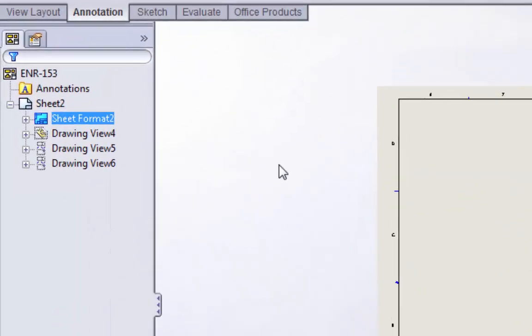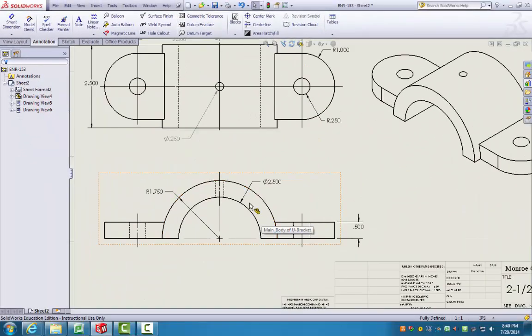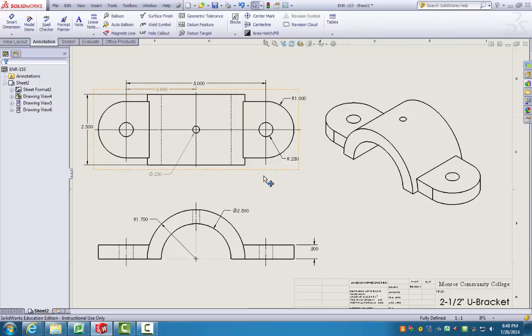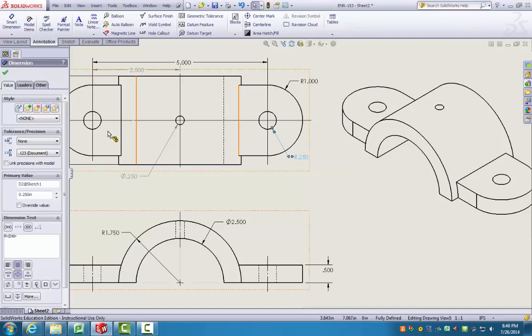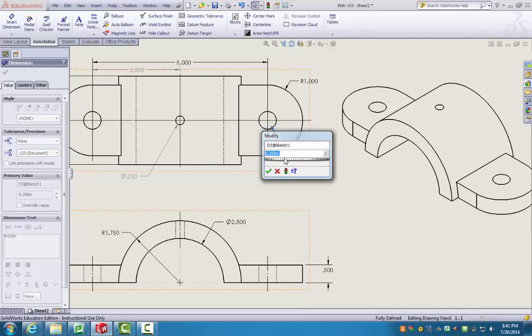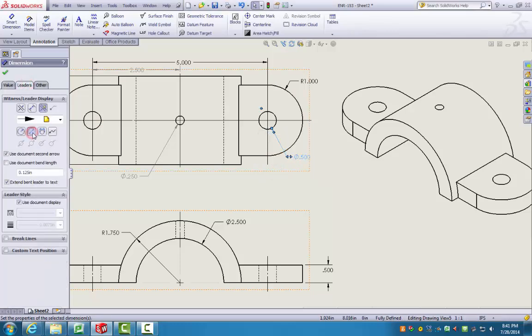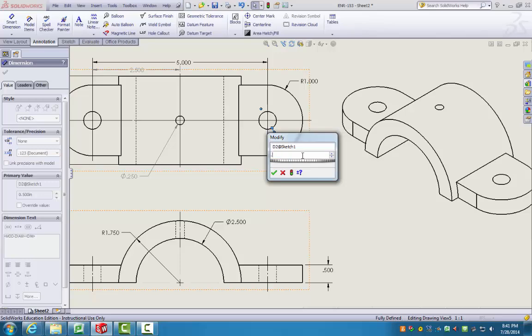But before we end, the last thing we're going to do, and we're going to pop back to Edit Sheet, we're going to show you that we can make changes to the part file from here and vice versa. Now I think we've already seen that if we change the part file, this will update those changes. But what you may not have seen is this right here. What I'm going to do is I'm going to change this to be a 0.625. Now, one thing I noticed is this is a radius. It clearly shouldn't be. So we're going to make that a diameter. Now that that's a little bit better, we're going to double click it and just do 0.625,